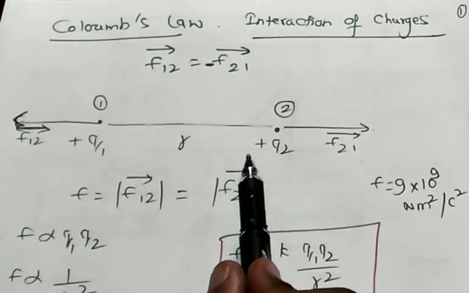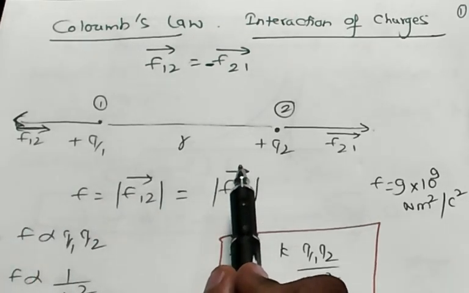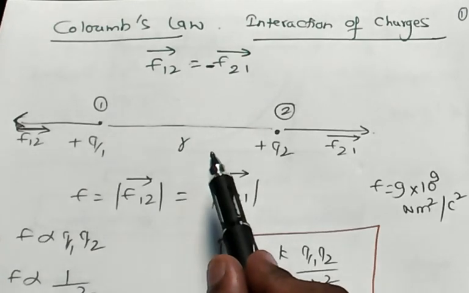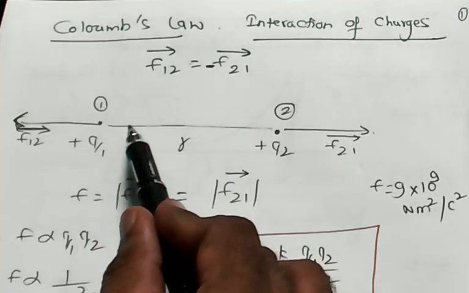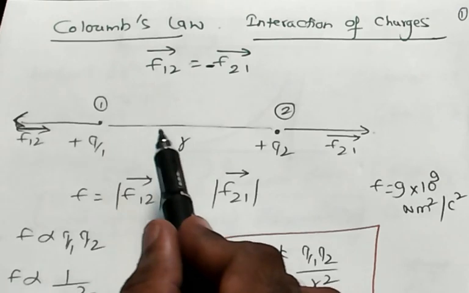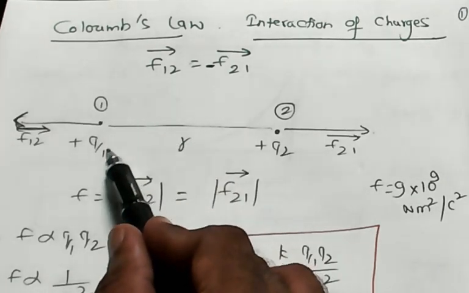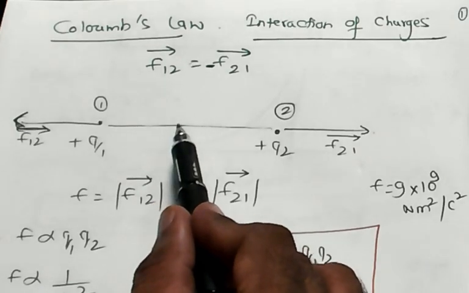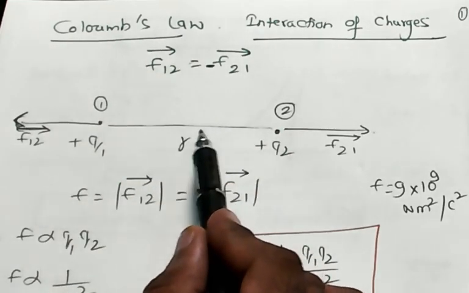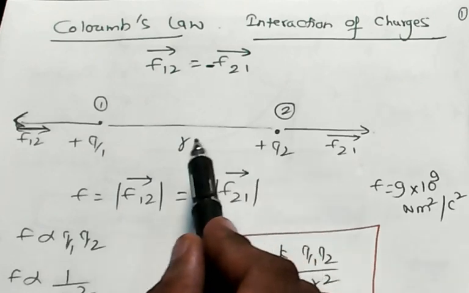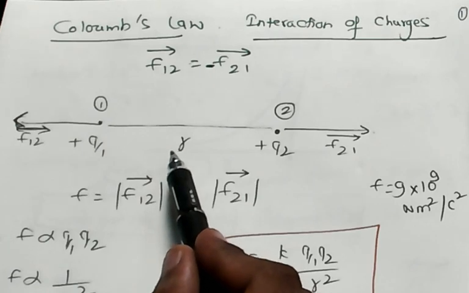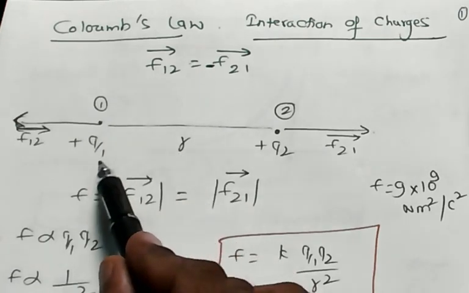What is Coulomb's law? Coulomb's law is the one which said that when there are two charges, Q1, Q2, there can be certain amount of attraction. Suppose if Q1 is negative charge, Q2 is positive charge, there can be attraction. If the Q1 is positive, Q2 is also positive, क्या होता है बच्चों? There is a repulsion. Now, the Coulomb's law is the one which says when there are two charges, Q1, Q2, separated by a distance of r, what will be the magnitude and the vector of the force between these two